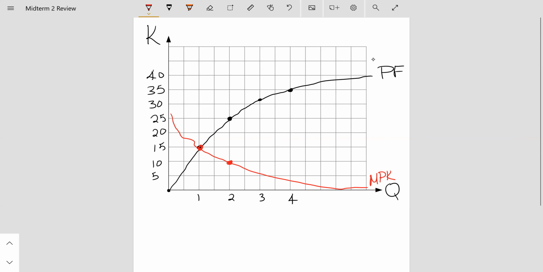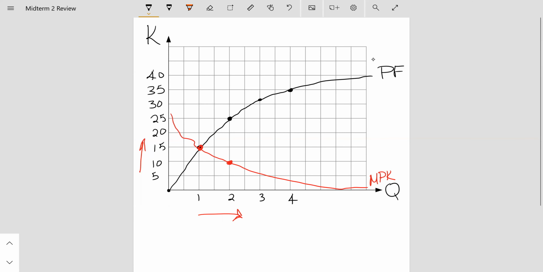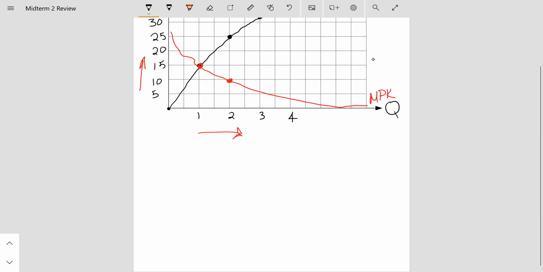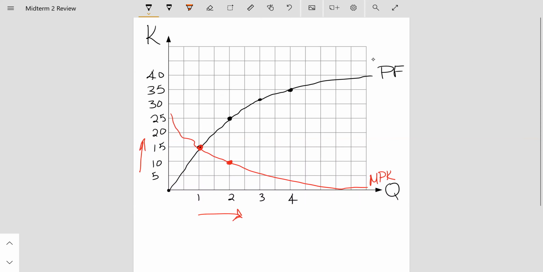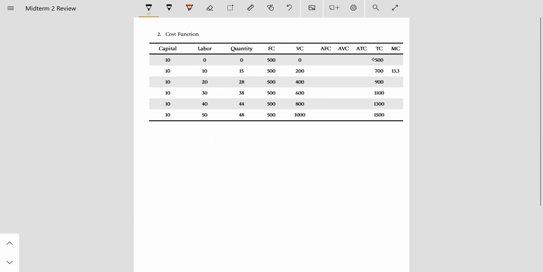And so the story is that as you increase in capital, you're increasing in quantity produced, but at a slower rate. So production increases at a decreasing rate. Okay. Now for cost,